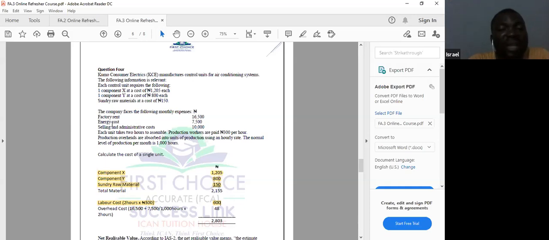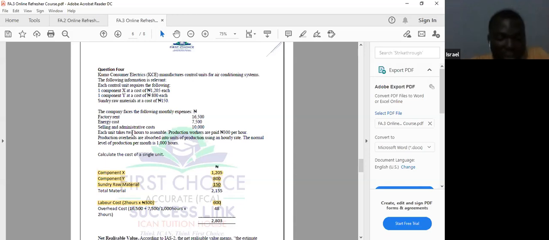Because factory rent here is on a monthly basis, it means 16,500 is for the whole month. Now, if this 16,500 is for the month, what is the total unit that will be produced for the whole month? They say that we should use hours to prorate it. Then how do we use hours to prorate it? The normal level of production per month is 1,000 hours. If the normal level per month is 1,000 hours times 2, that will give us what? Because we have 2 hours,